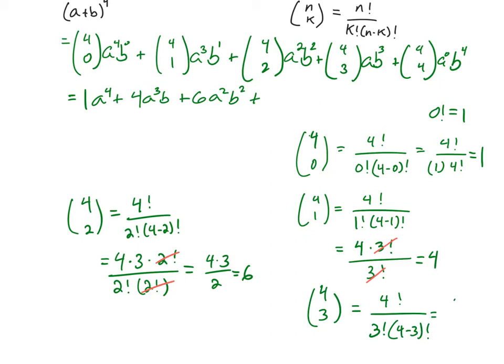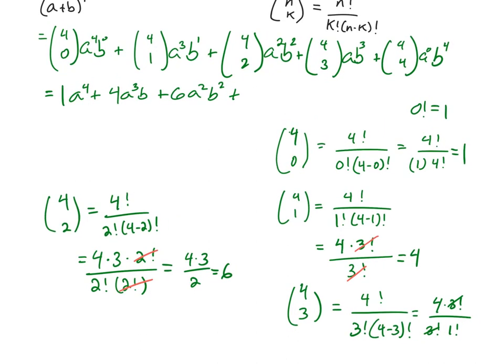So this is the same as 4 times 3 factorial divided by 3 factorial times 1 factorial. So we can cancel out, and we know that this is the same as 4. So I have 4a times b cubed plus, if we check the 4 choose 4, so, right, so I have 4 factorial divided by